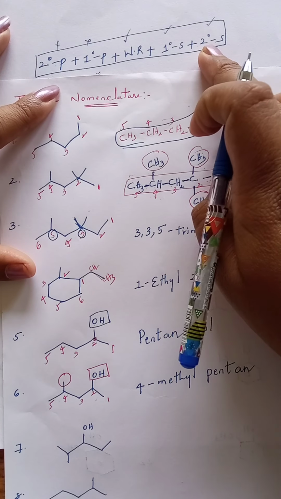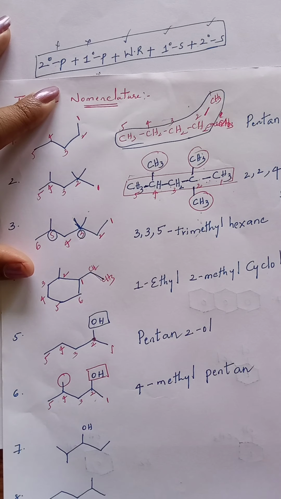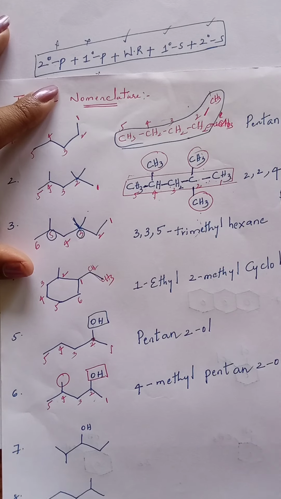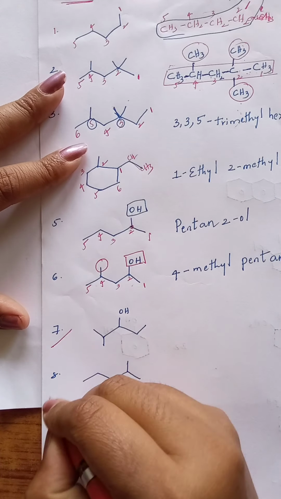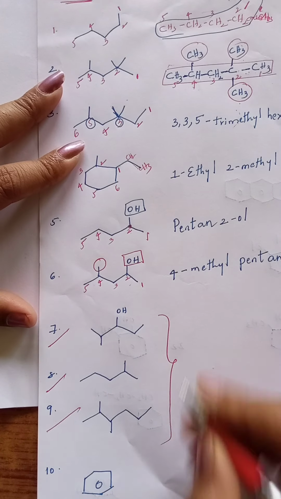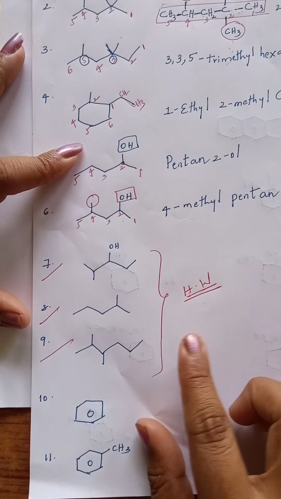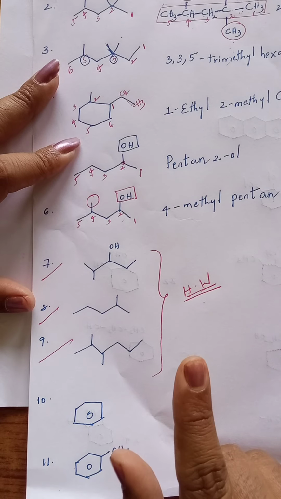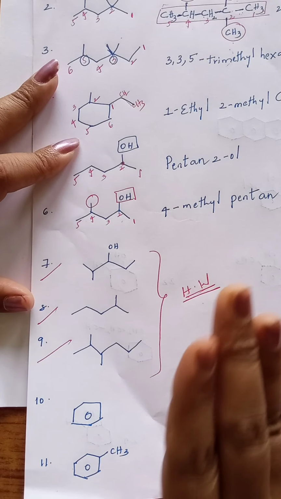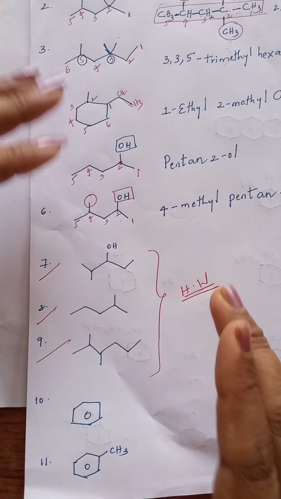And then write the secondary suffix. What does secondary suffix indicate? Functional group. Where is it located? Second carbon. 2-ol. That's it. Okay, clear? And this is homework for you. 7th, 8th, 9th. These 3 are homework questions for you. Try to finish it. You have to compulsorily send the answers of these 3 to me, and WhatsApp me personally. So write names for these 3 compounds and send pics to me.